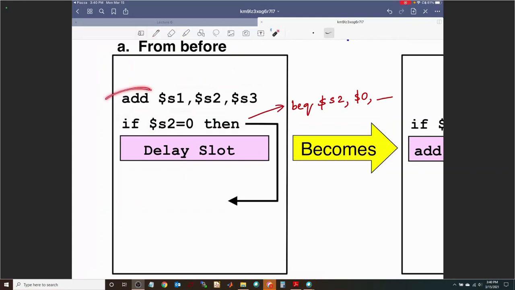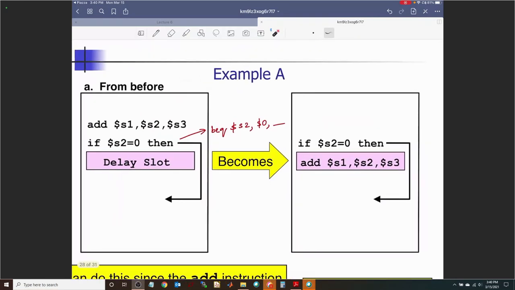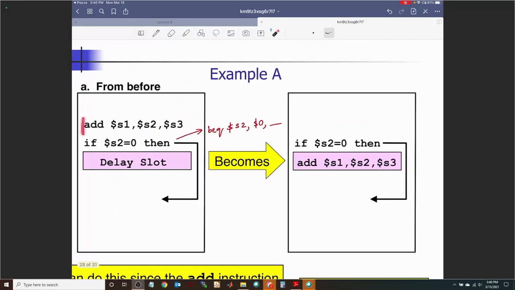So I have an add instruction followed by a branch instruction followed by a delay slot, which always is going to get executed. What follows the delay slot may or may not get executed depending on the branching, but this will get executed. So how can I change this code a little bit? Well, if I put this add instruction in the delay slot,